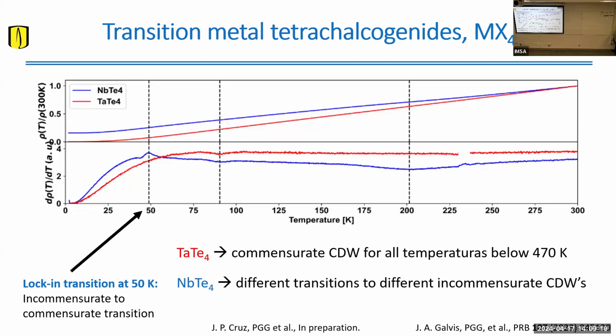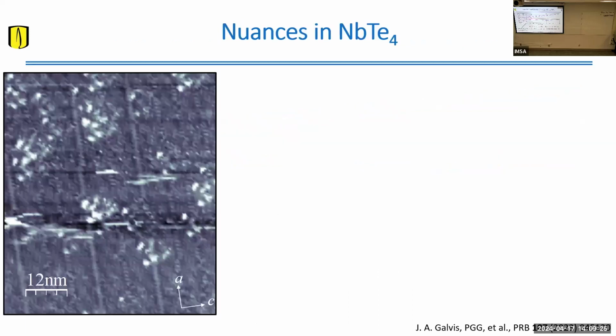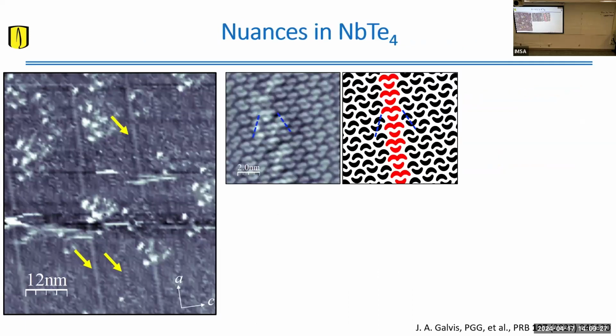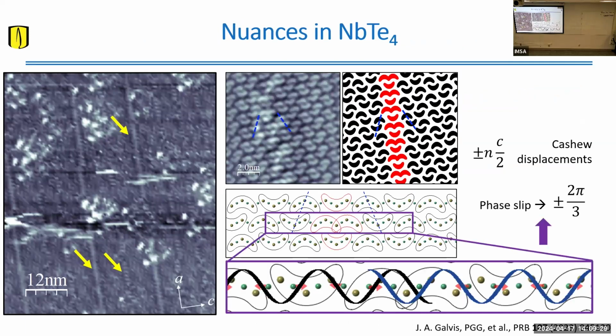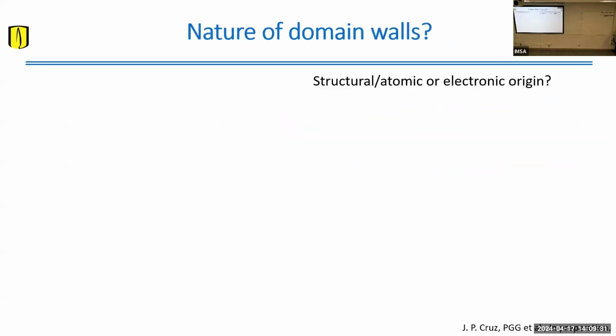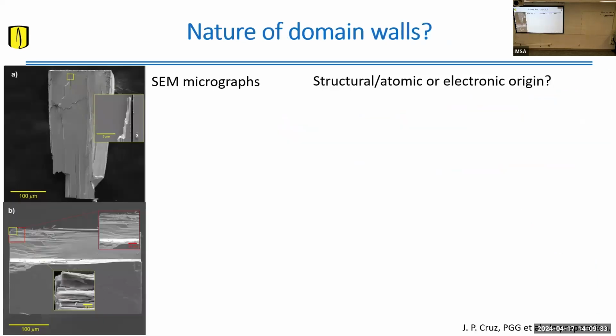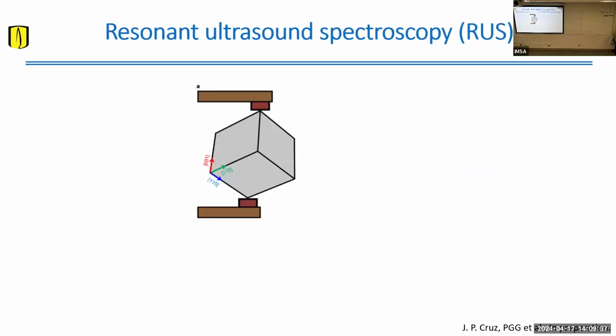So we wanted to know if these were transitions to different characteristics of that charge density wave. But what we realized, and in order to characterize that as a real thermodynamic transition or not, what we did is something I'm going to show you later. Just to make sure I understand, you're not saying that you have an incommensurate charge density wave, you're just saying that you have domains. Yes, the charge density wave is commensurate, but they can change.